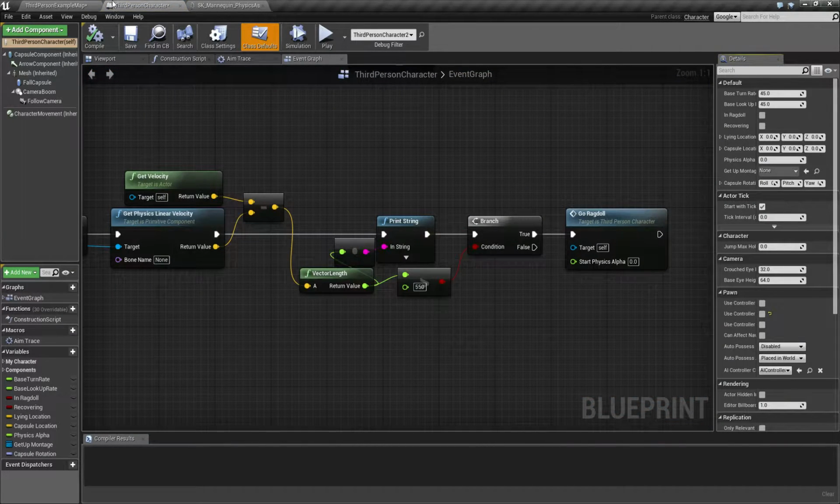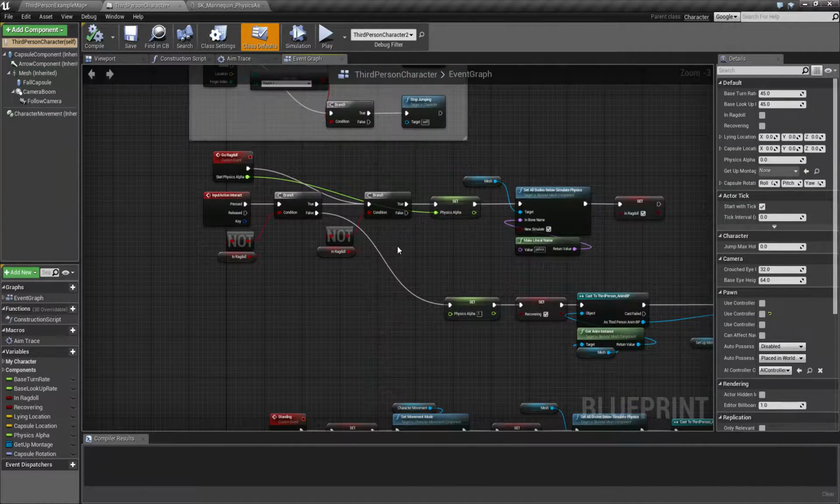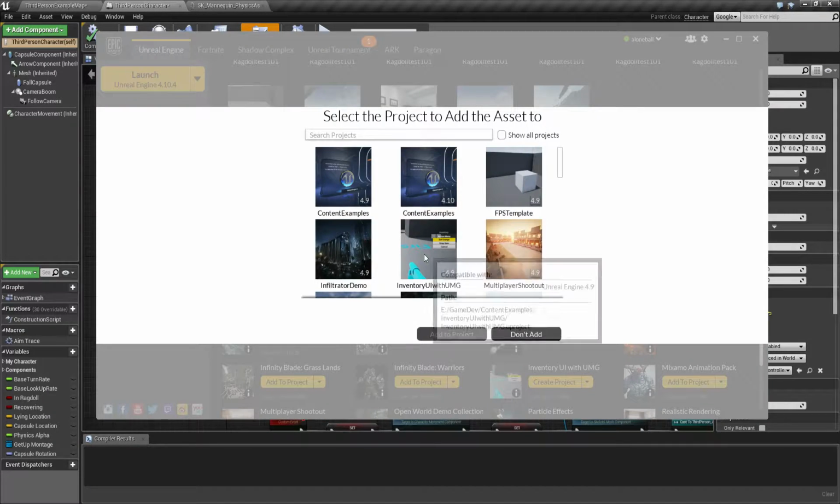So what I want to do is to add a little animation. Since we now have a transition into our ragdoll state, we can actually go ahead and play a montage when we go into ragdoll. So for that, I'm gonna bring in some of the animation starter pack animations. So I'm gonna add this to my project,